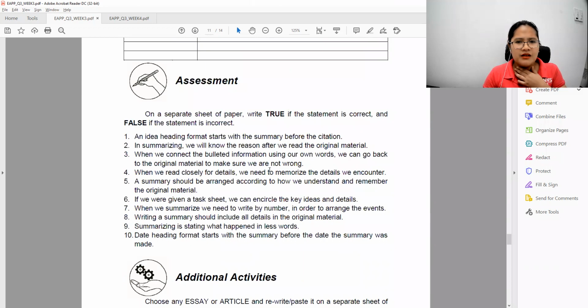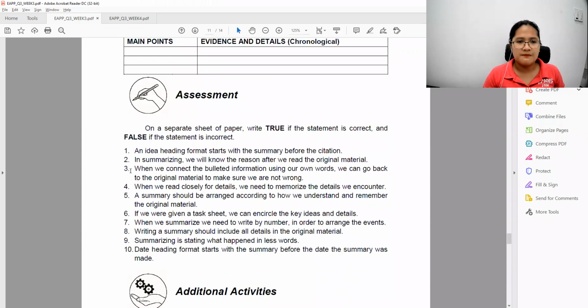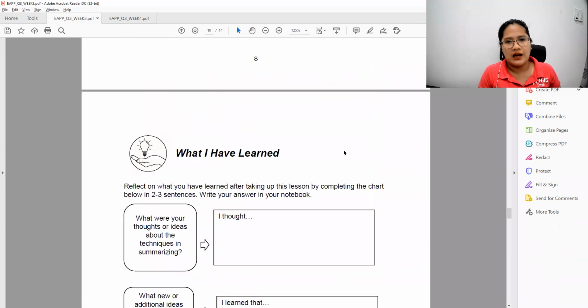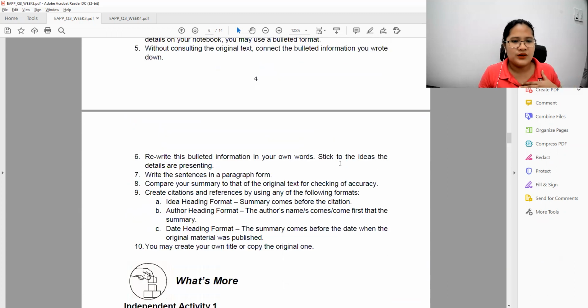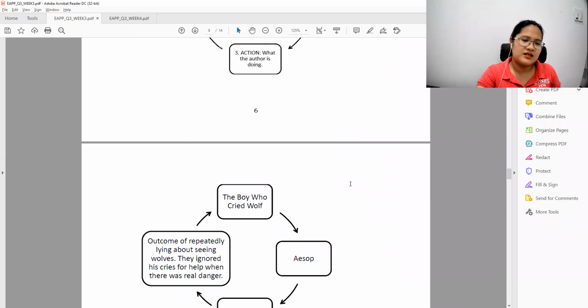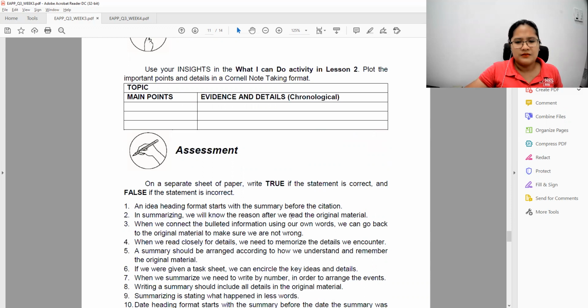something. Ayan. Let's check this one. So yeah, first 5 for me to see if you understood something, and for bonus points for those who are watching. An idea heading format starts with the summary, okay, before the citation. Let's go back. Is it correct? Okay, let's go back. That's how we do it. If you're not sure, go back. Correct, so it's true. Okay, number 1 is true. Number 2, it's summarizing rule of reason after we read original material. Okay. So do we actually